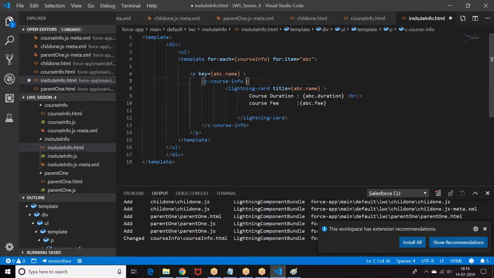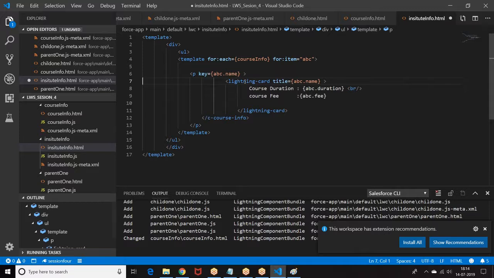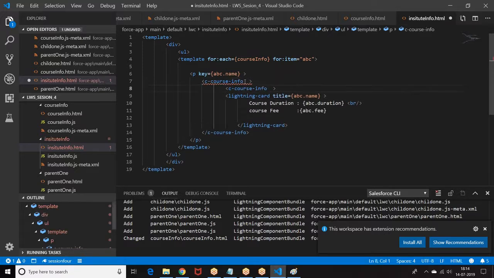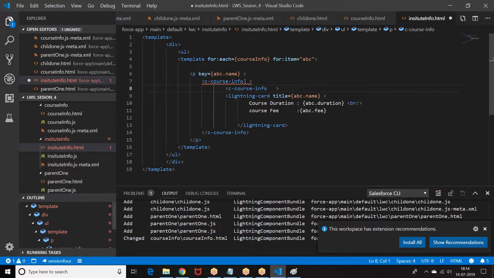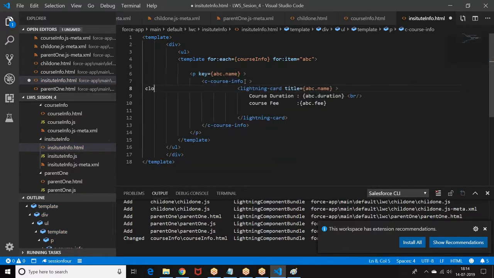Let me check it out here. It's supposed to be for the component. It should be for the component actually. Mistake here. So I had a slot here. Okay.